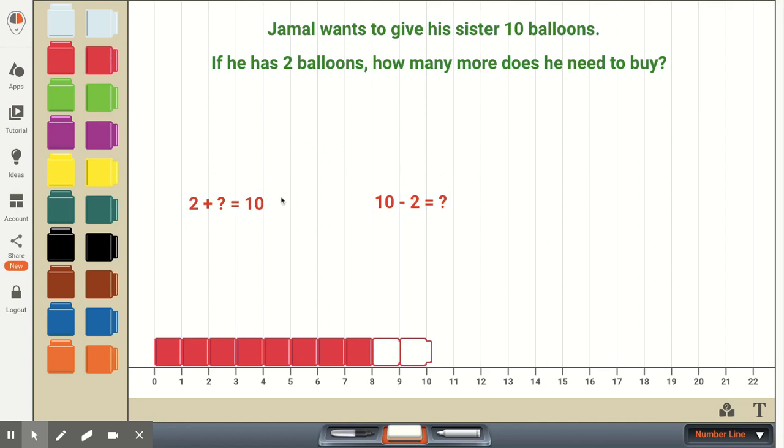So we can take this addition equation, and once we're comfortable using our fact families and our relationship between addition and subtraction, we can turn this into 10 minus 2 equals something. So if we're starting with 10 and we subtract our addend of 2, the other addend, or in this case here, the answer to our subtraction problem of 10 minus 2 will be 8.